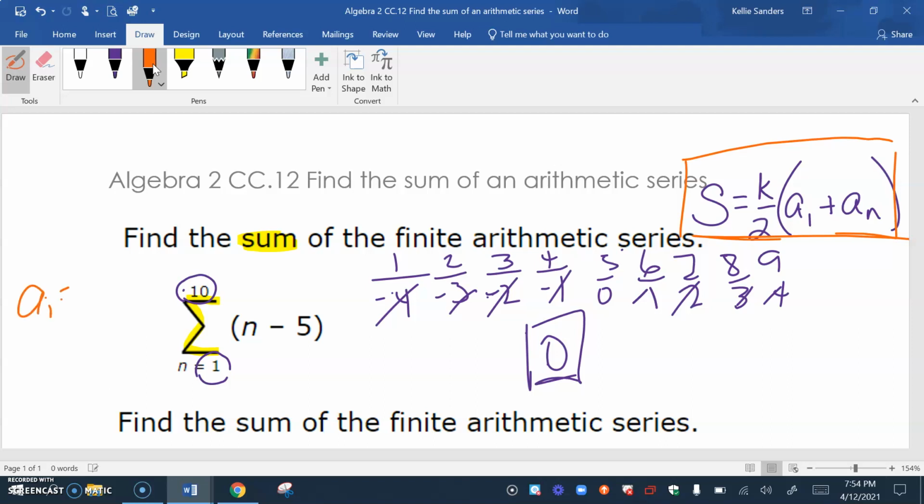So if I put a sub 1 in, it's 1 minus 5, which is -4. A sub n means a sub 10, and 10 minus 5 is -6. So we'd have S equals 10 over 2 times